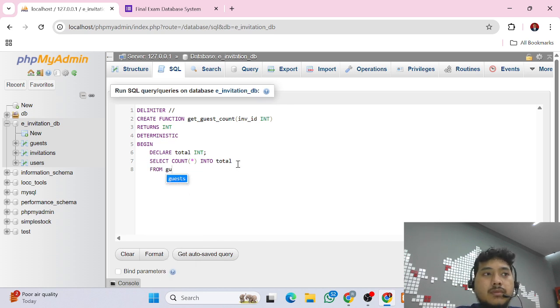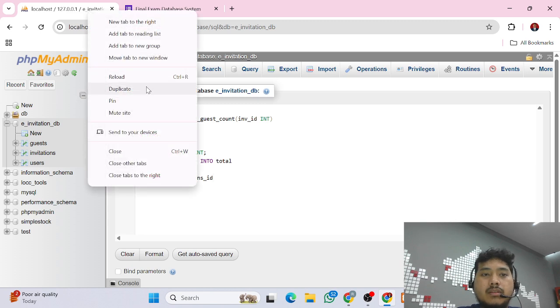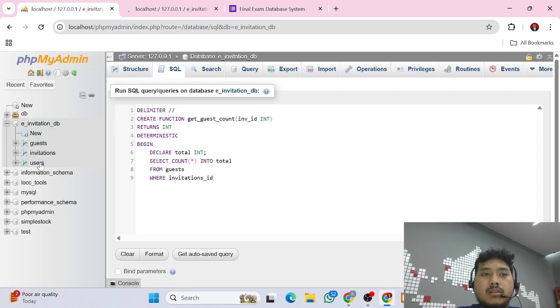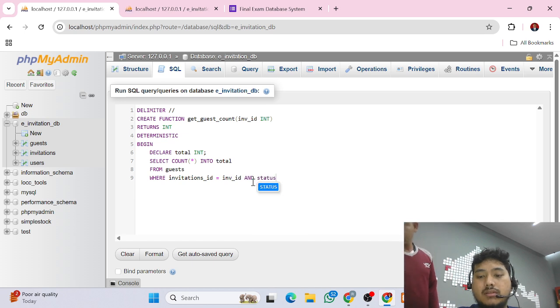From guest where invitation ID. Is it invitation ID? I think we must check the tables. We continue with invitation ID and status kehadiran.